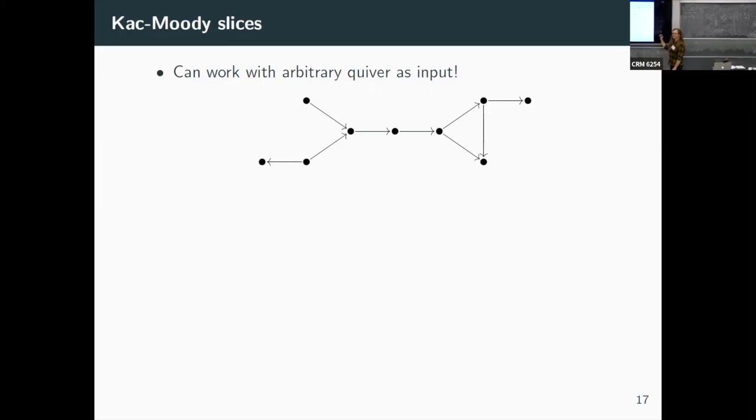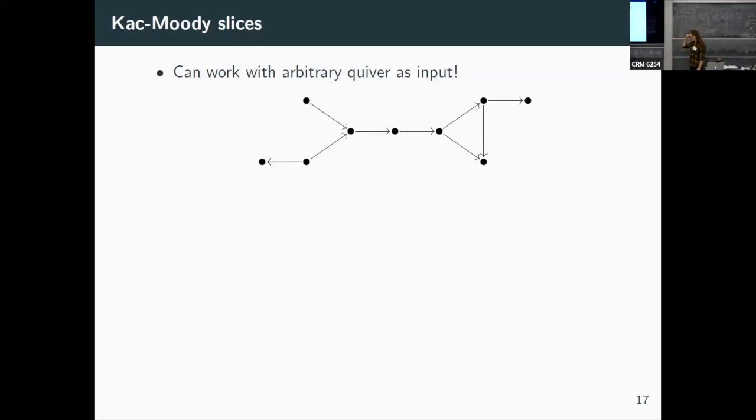I just pick some random one. So this is a Dynkin diagram for some Kac-Moody group. Okay. So consider the simpler worst case. You can add double edges. I thought it might look confusing, but yeah. So symmetric type is fine. You could add multiple arrows here, for example. Yeah, that's allowed. With Nakajima, I don't mention this, but Nakajima and I came up with a way to deal with